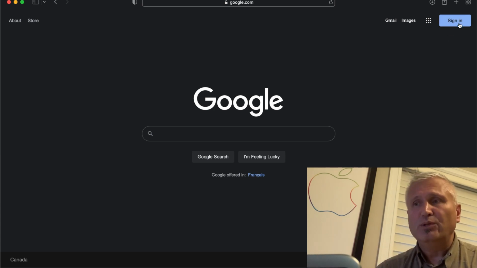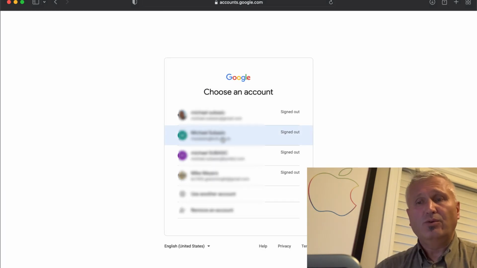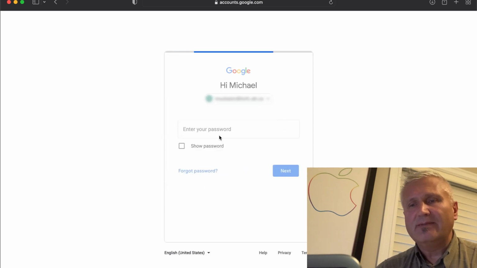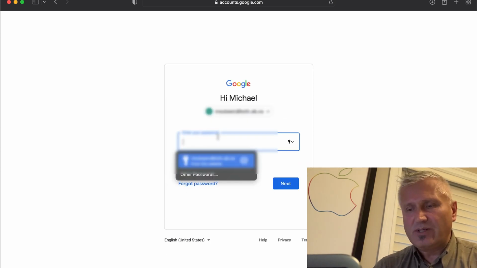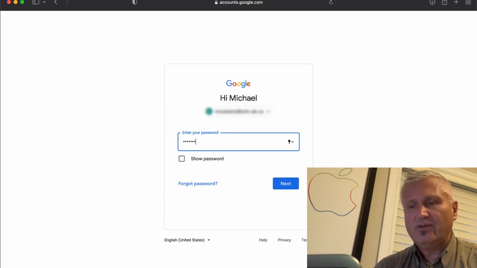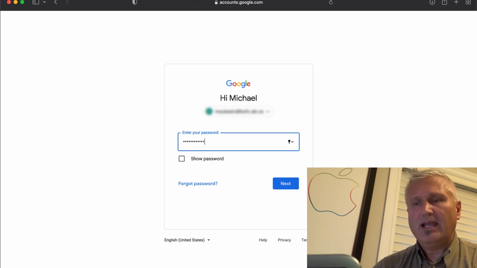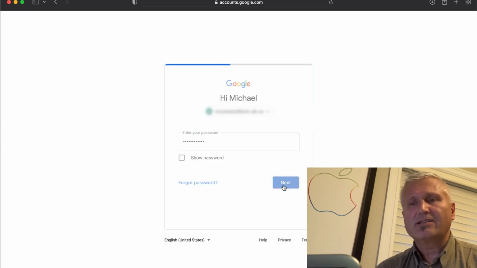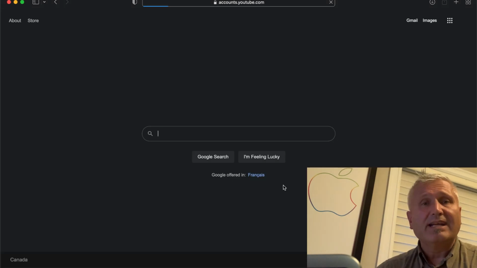with me. You'll get this blue sign in box. If you're signed in, just click on the little circle here and say sign out of all Google accounts, and then you'll be able to sign in. And when you're signing in, it'll ask you, who are you? So you're going to enter your ID and you're going to enter your password as well. So I'm going to go ahead and do that. And once you've done that, you can click on next and it'll sign you in to your landing page on